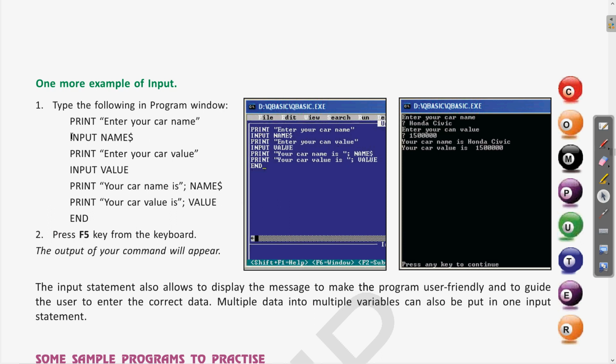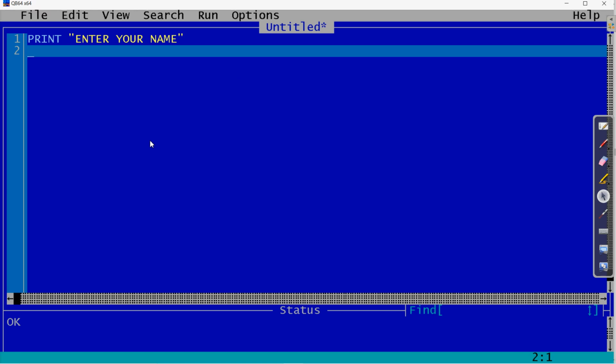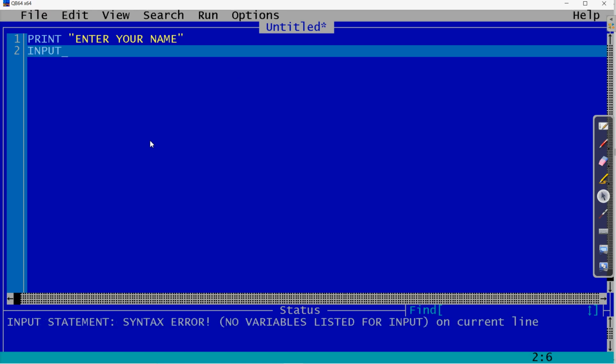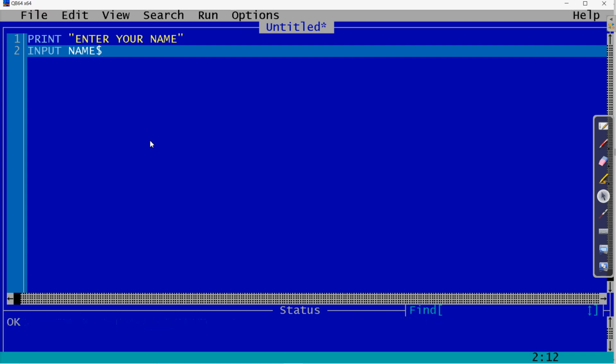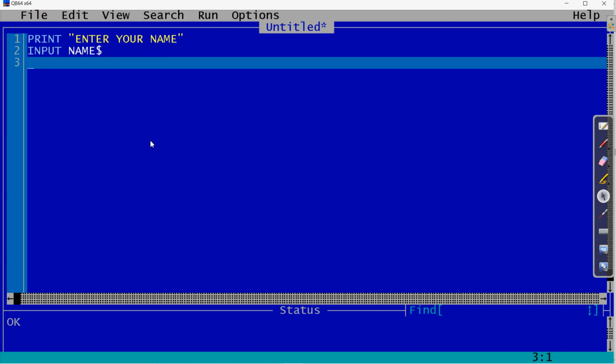Then whatever the command in which you will save this, that will be used with the input. So input name and whatever the variable name. So here we will write input, then variable name with the dollar symbol. Clear? So in the place of car, we are accepting the name of the user.